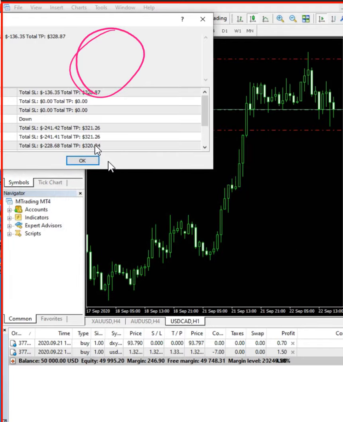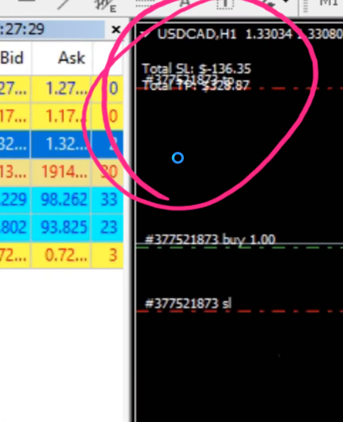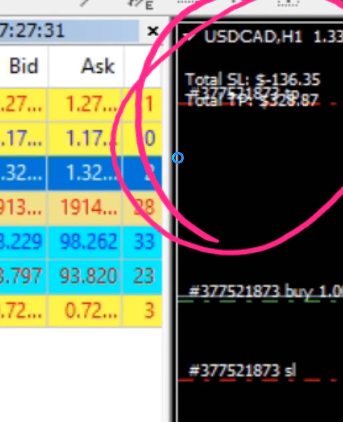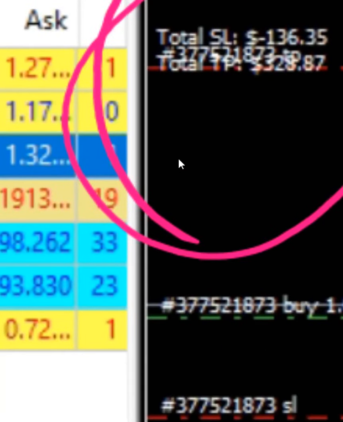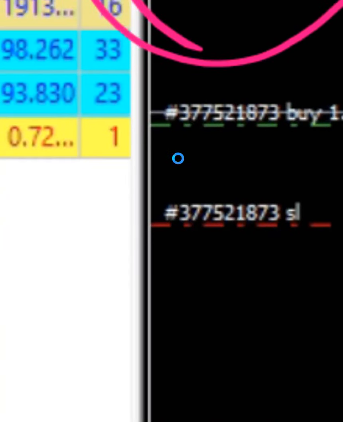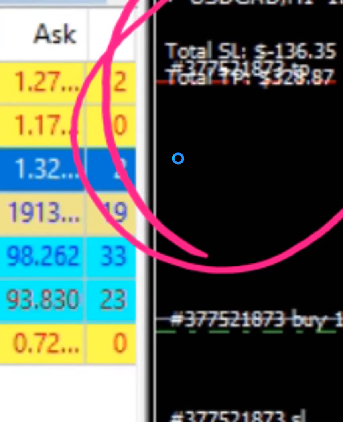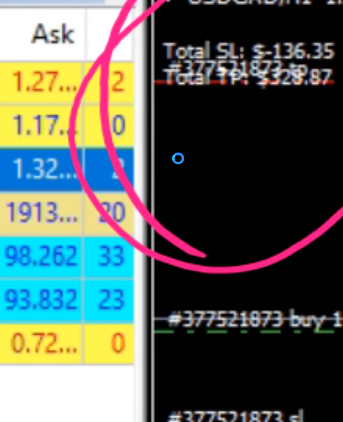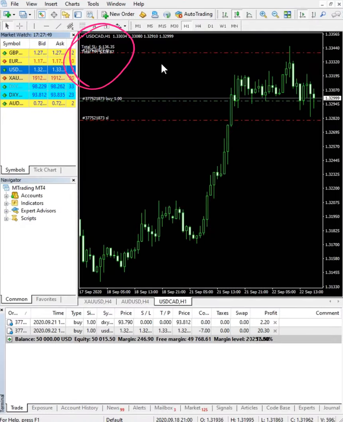So the alert has already been given. Now you can see here. Now let me zoom this for you. So now you can see the SL is 136 and the profit is $328.